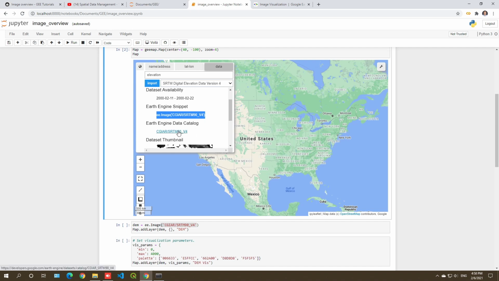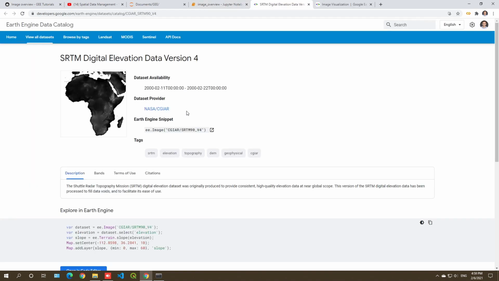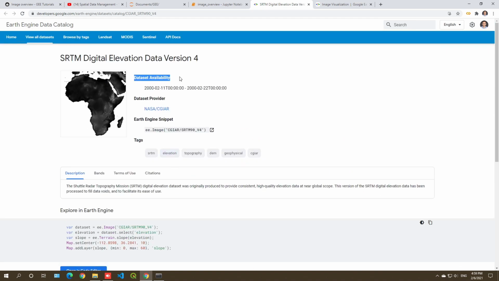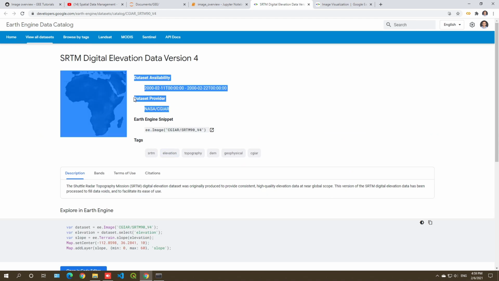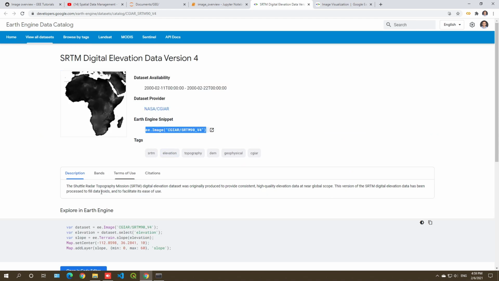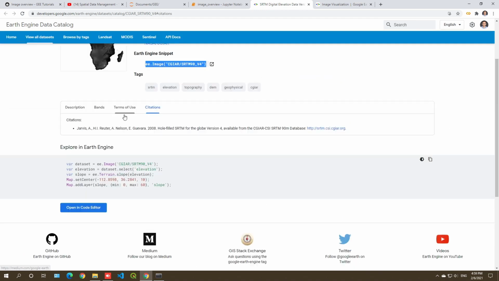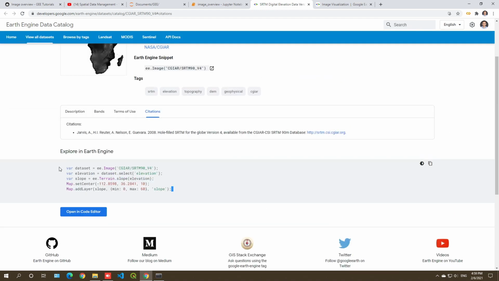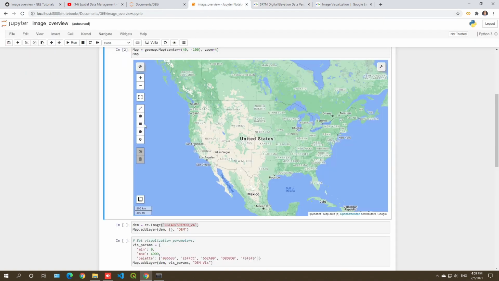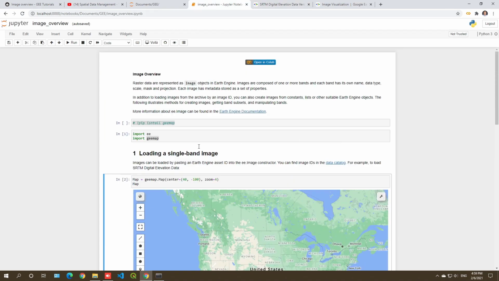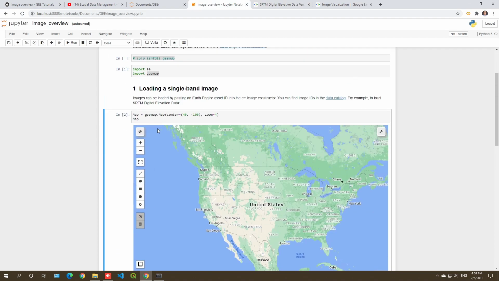You can also click the link to navigate to the Earth Engine data catalog webpage. Here you can see more information, for example data availability, who provides the data, and also the unique ID. Also, for example, the description and the citation. There are also some examples here in JavaScript that you can use. But here, because we're using Python, let me do a search again here, click